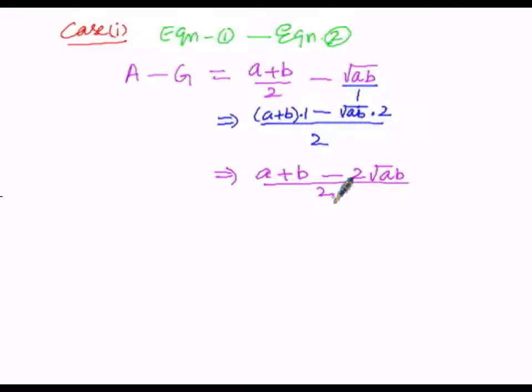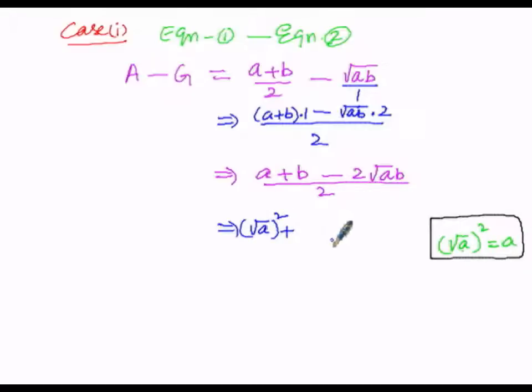The next logical step: let us use one logic, that root A whole square is equal to A, because the square and the root get cancelled. When the square root and the square get cancelled, only A will be left over. In other words, A can be written as root A whole square. Based upon this principle, this A can be written as root A whole square,